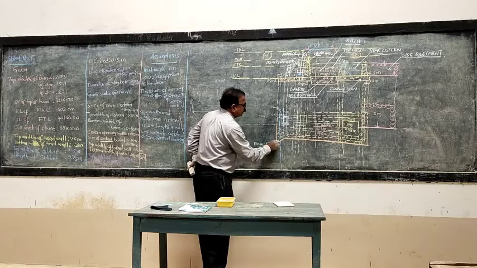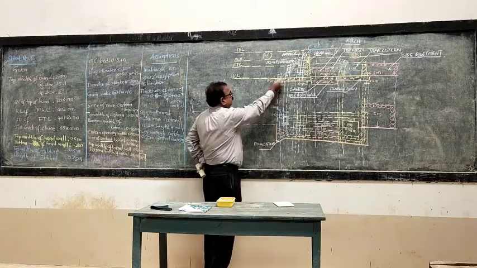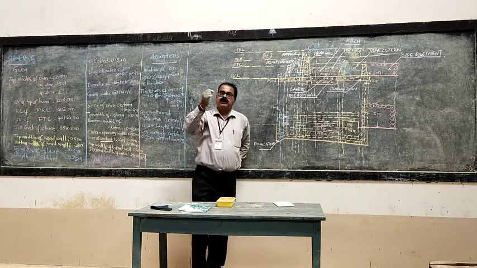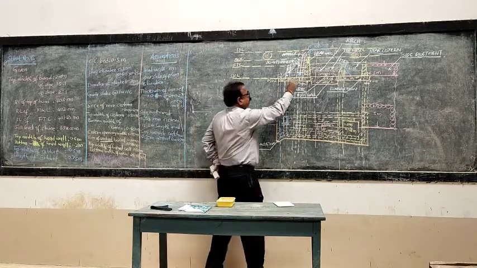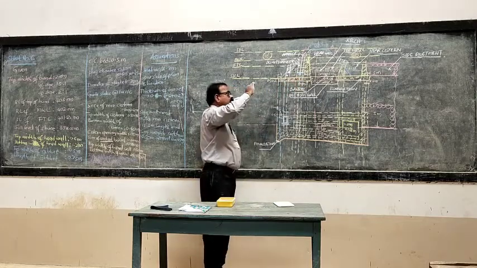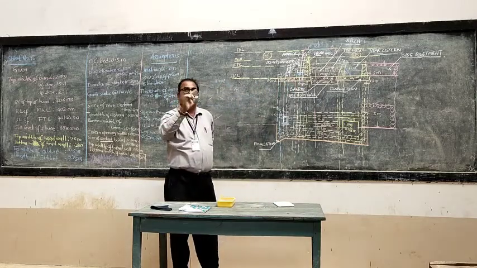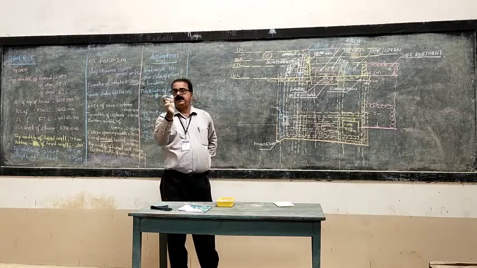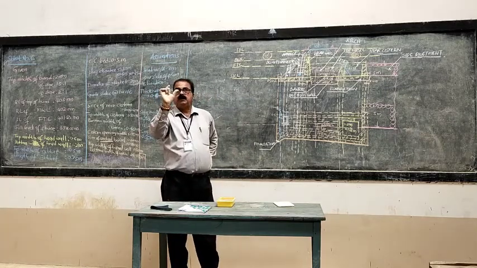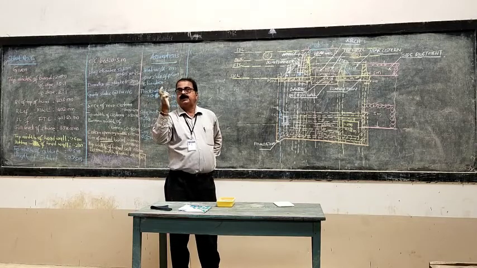And confusion starts: how to take 0.3. You can take 0.3, 0.2, 0.4, whatever you like, but don't take more than the height. If it is 0.5, the maximum provision is you take 50% of that. If it is 2.5, you make it around 0.3. Don't take it as 1 meter. It's very high and it is not good also.